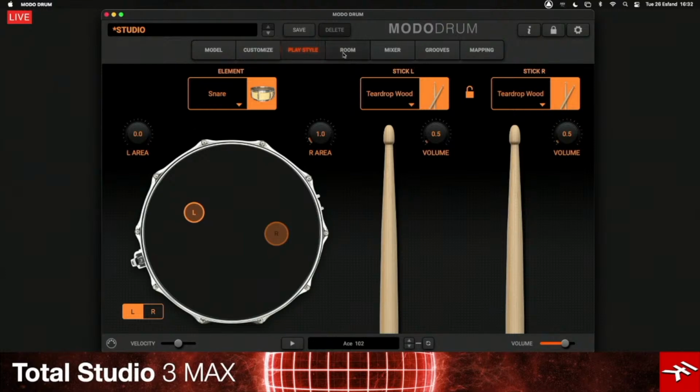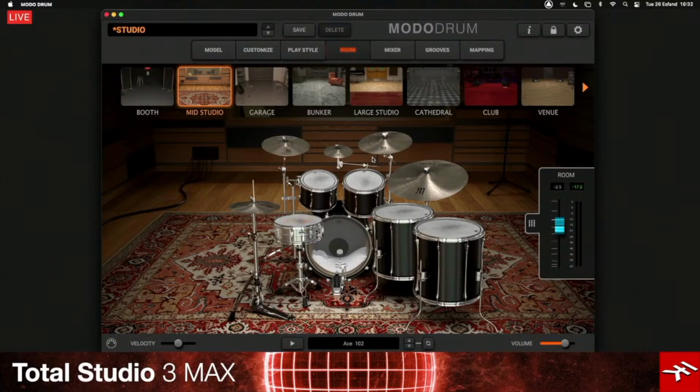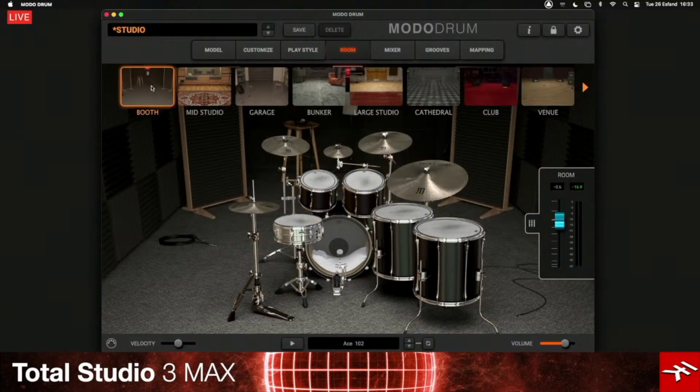And then going over here, you get room. This is fun, and one of the things I love about IK Multimedia plugins is that a lot of times they're just really true to the musician's first philosophy, which is they're easy to use. It's very apparent. You just get in there and you get going. You're a musician, you want to be creative. So this is a great example of that. The room, you choose the room. On the side here, this hides away if you don't want to see it, but you have a room amount. So you can bring it up in volume, or you can bring it down, make it dry. If you want to hear them, and then you want to hear the different ones, you actually get to see it. So if you want to see a booth,